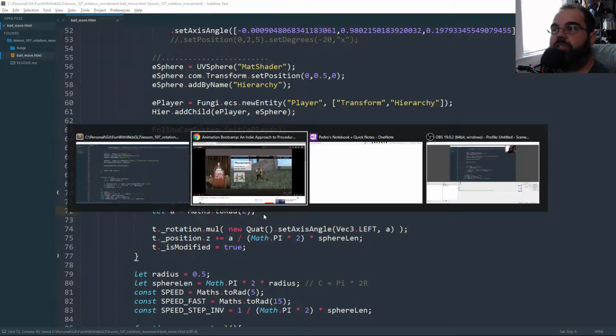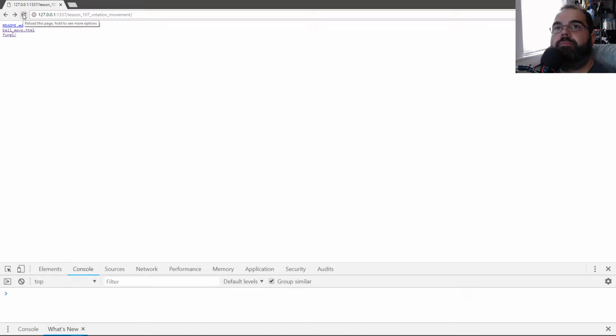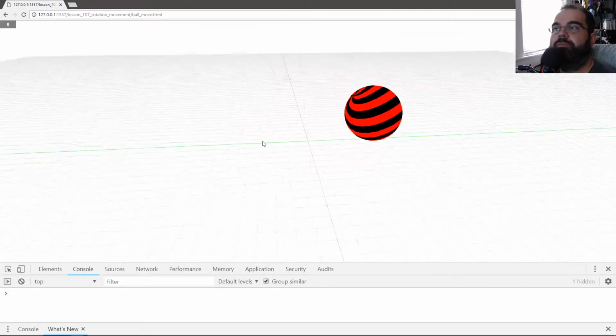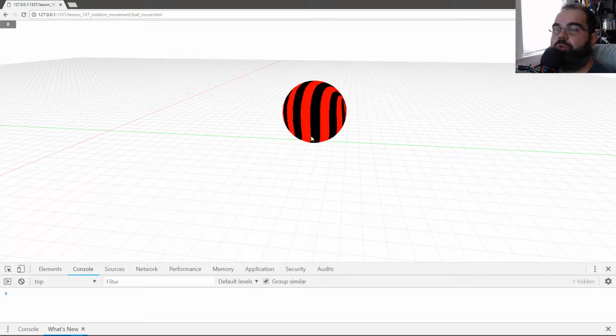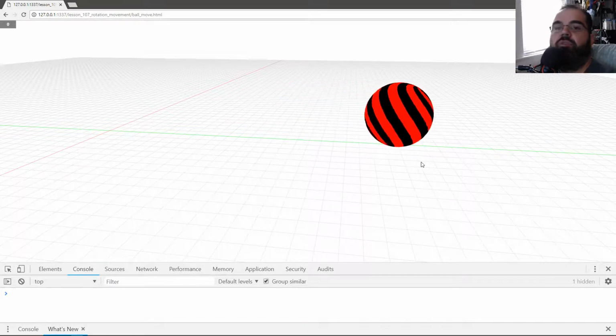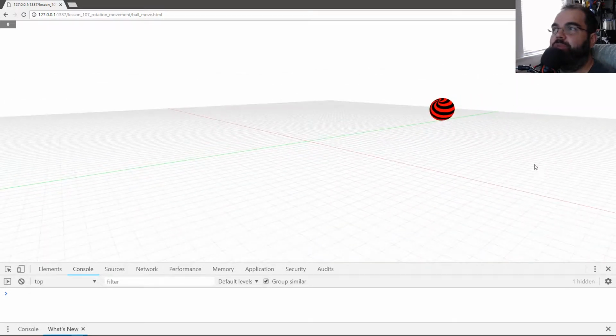So if I click refresh and go here, move ball, as you see, it's rotating, and even though it's rotating, it looks like it's actually moving correctly in 3D space. The simulation is successful. It is rotating at the right speed, so you can change it. If all you care about is a wheel and moving the wheel, we're done. You can leave. Now, if you want to see how to actually move a sphere, like a marble or something,